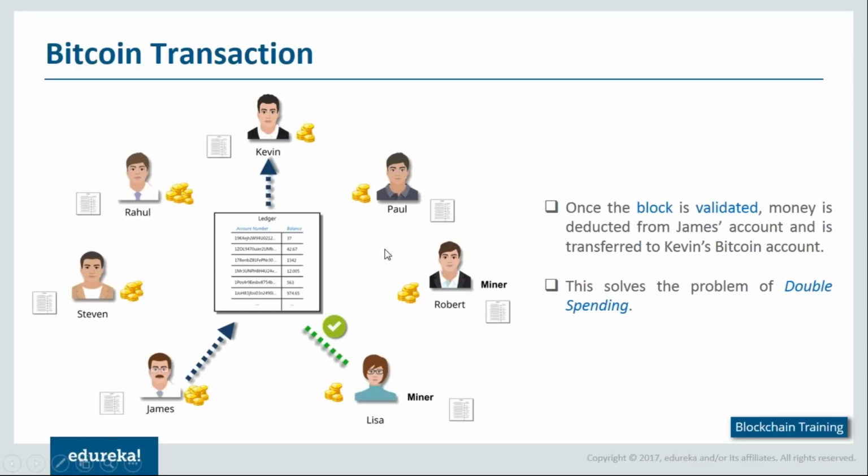Now here what happens is, since each transaction has to get validated, this ensures that the problem of double spending does not occur. Okay, so even if he tries to falsify by sending two transactions, since each of the transactions gets validated one by one by the miners, the issue of double spending gets solved. Are you guys clear? Okay, so Tyson is asking me what happens if each of the miners get one of the transactions. That's a very good question, Tyson.